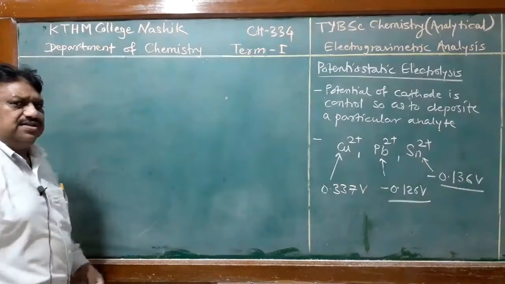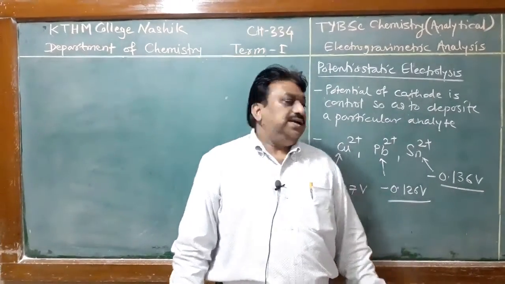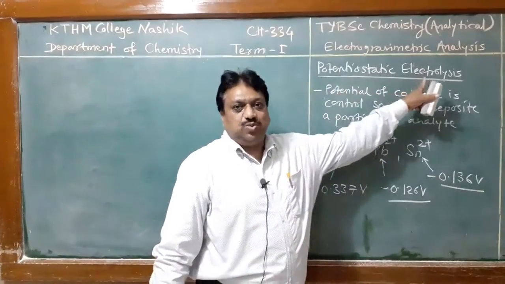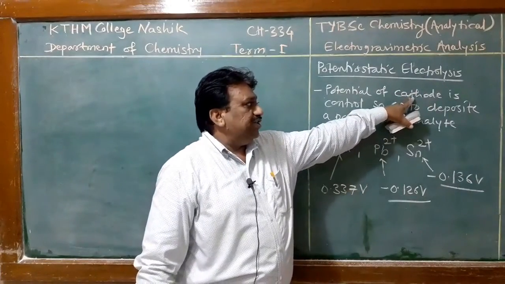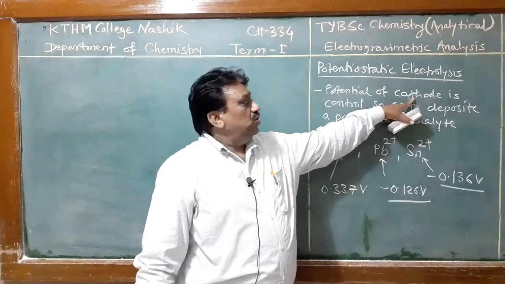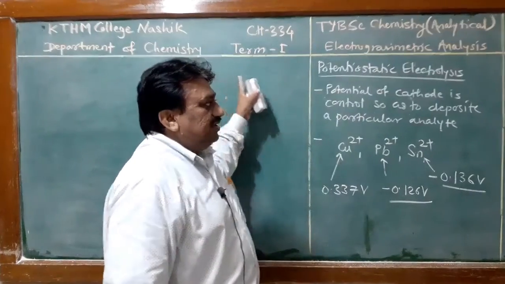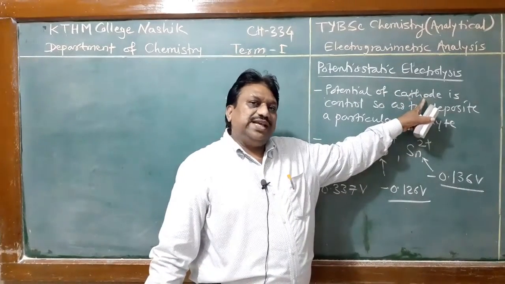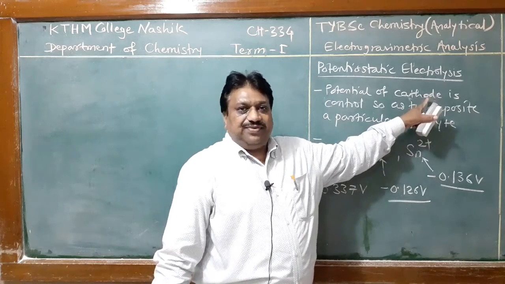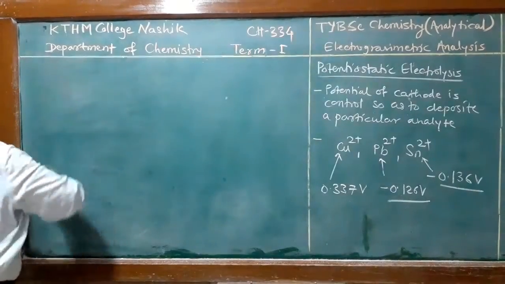electrolysis processes require a similar type of electrolysis cell, but in the potentiostatic electrolysis process, we have to control the potential of the cathode. And therefore, there is a requirement of a reference electrode to control the potential of the cathode. While in amperostatic coulometry, there is no need to control the cathode potential, therefore, there is no requirement of a reference electrode. Students, now we discuss the instrumentation of